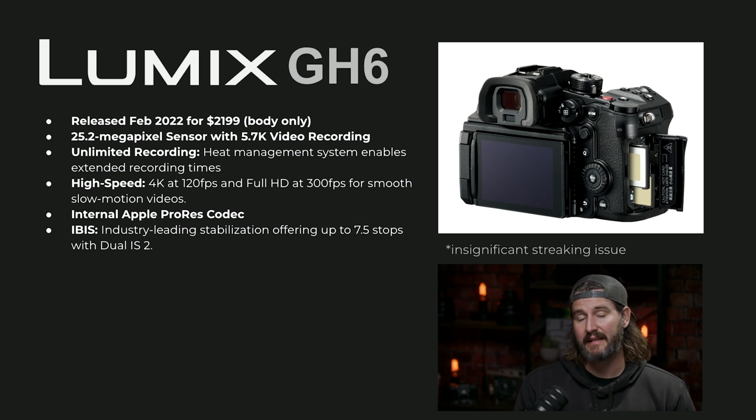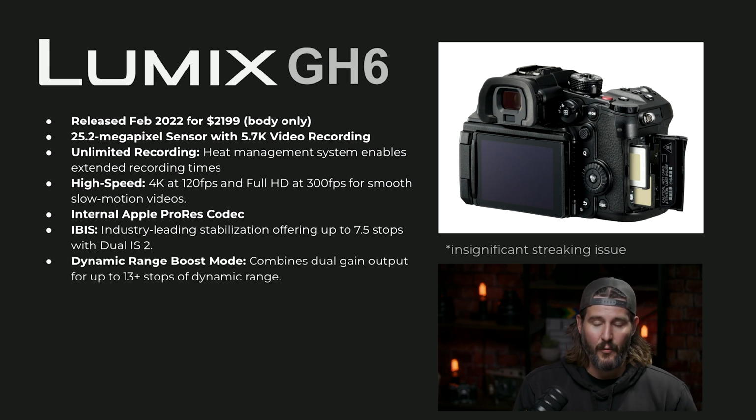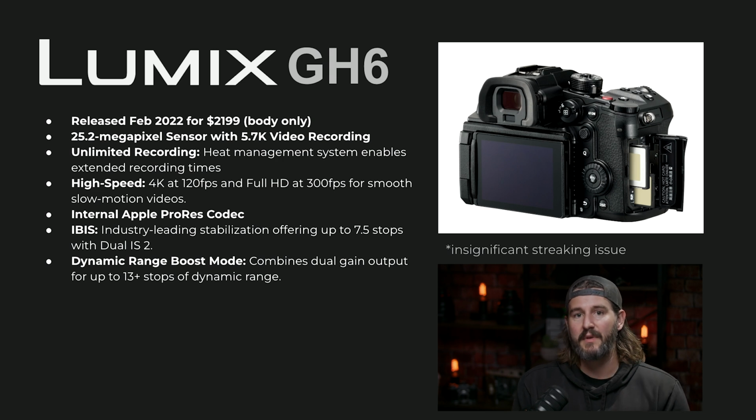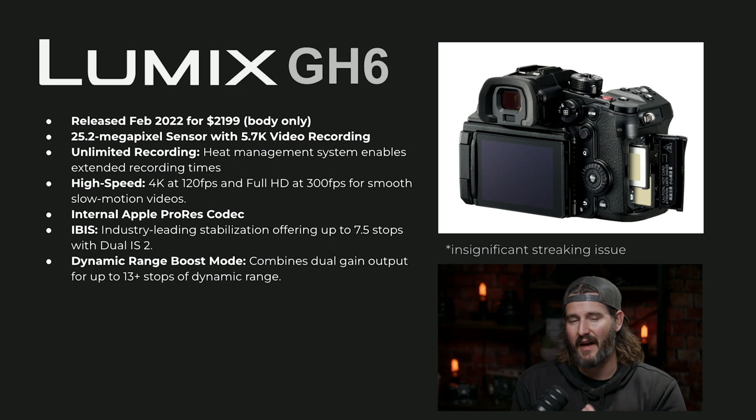And I would say in my case, that is true. I have seen the GH6 perform better than a GH5, and I do really like the IBIS on it. We also get dynamic range boost, which combines the dual gain output for up to 13 plus stops of dynamic range. Now, the caveat being here that this only works at the higher ISOs on the GH6, which is an unfortunate limitation. So even though you can get more dynamic range, it comes at the sacrifice of having more noise